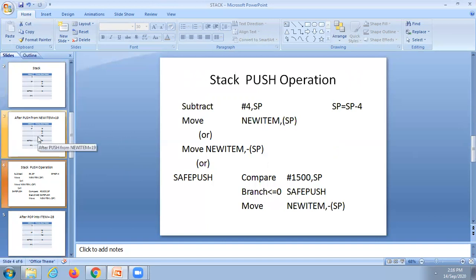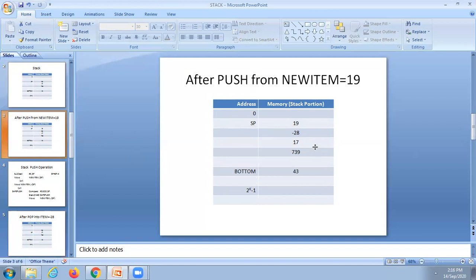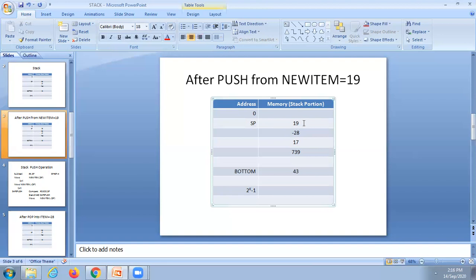That means I move the stack pointer to the next top. How do I get this address? By subtracting 4 from the stack pointer address. It then points here, and I can place the data, that is 19. First decrement, then place.